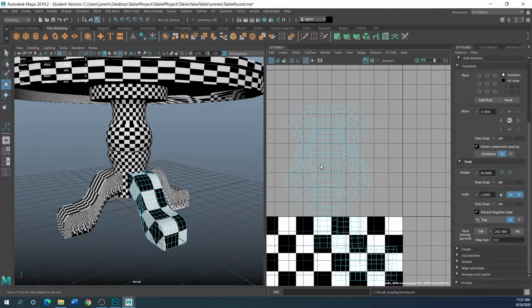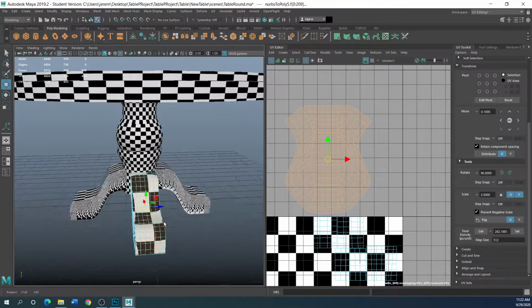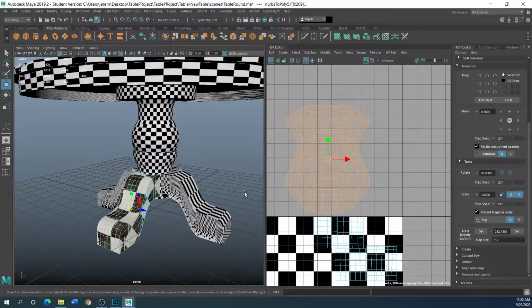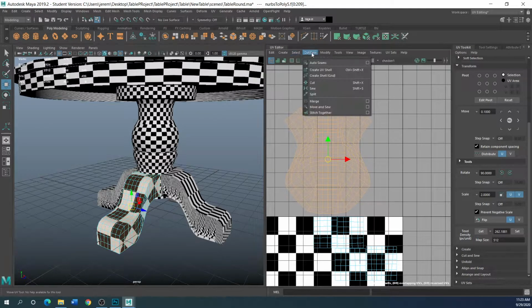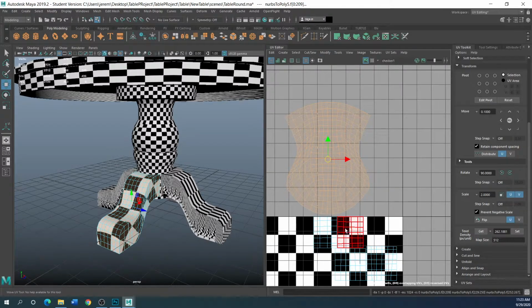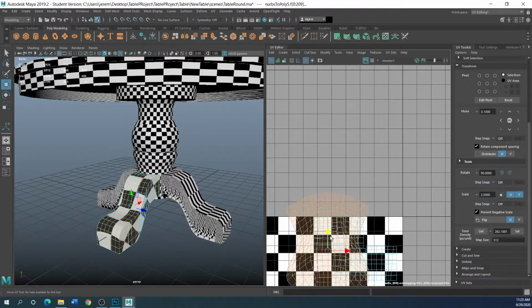Alright, so now I have this top face here. I don't mind it so much. I want to hit the unfold on it and see if it kind of lays it out any better, because I don't really like these stretched ones down here at the bottom. You see it's kind of stretching it right here. So I'm going to unfold. And it kind of evened it out a little bit. So if I were to put it back on here,